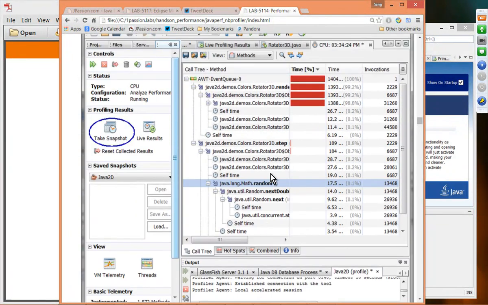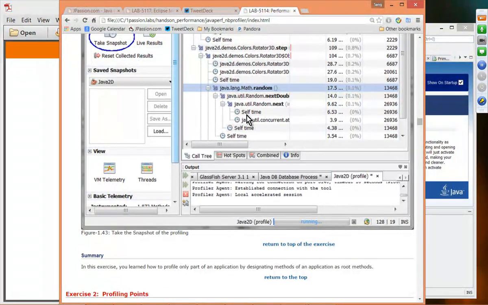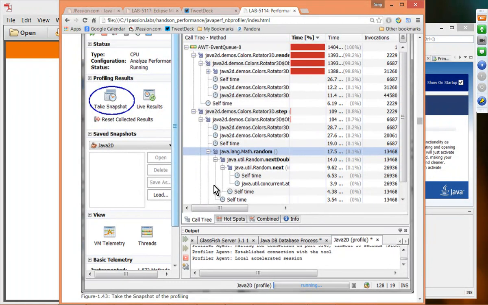Now in this case, we are selecting these two methods, but we are also profiling system level Java code as well. So for example, random next, these are things that we don't really care about. So in this case, you can select only project methods, project classes instead of all classes. Okay, all right. So this picture shows we selected root methods, but we are still instrumenting all classes